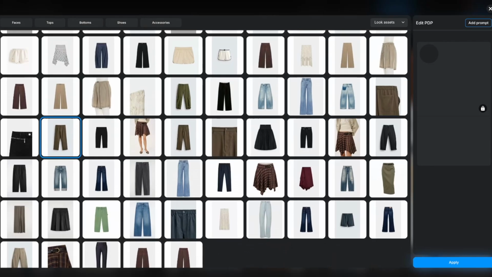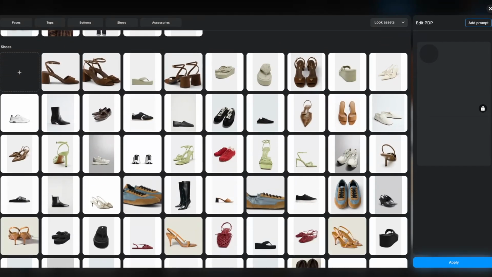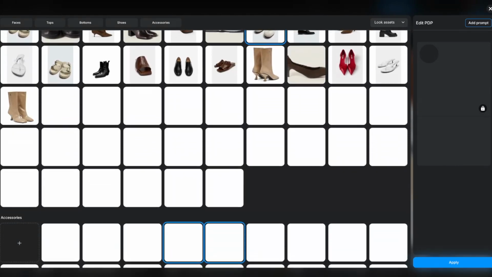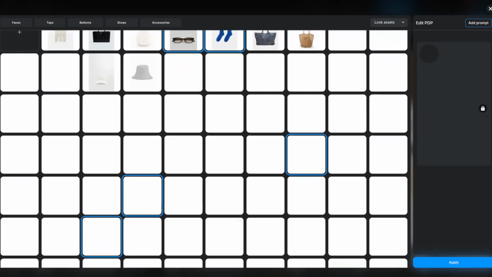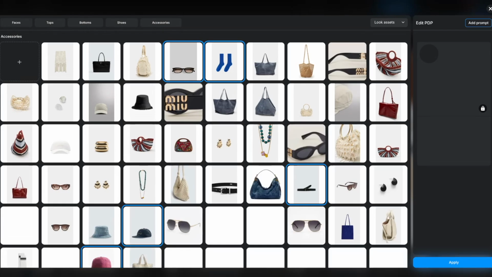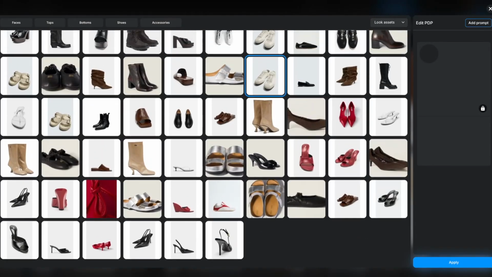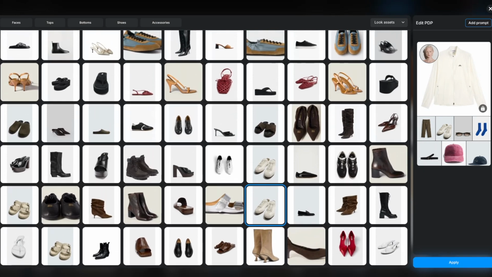There is a button, look assets, so you have to press it in the top area near the edit PDP, and here you can choose all assets. If you choose all assets, it will bring here all the SKUs that you've uploaded in the previous step. Right, so please do that, and then you can again control your total look